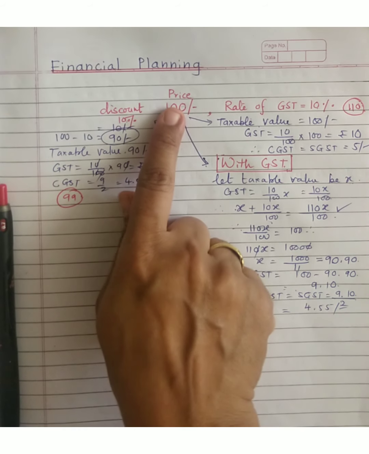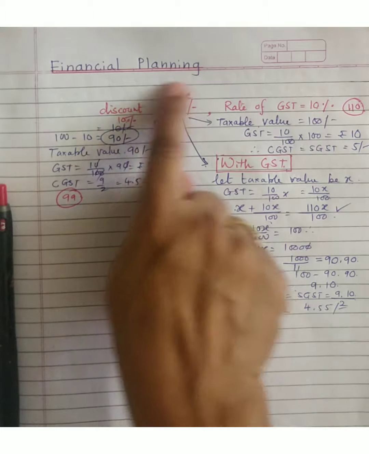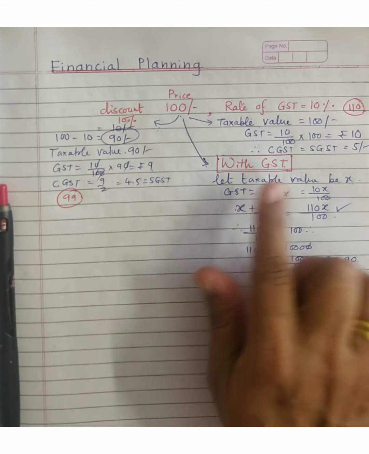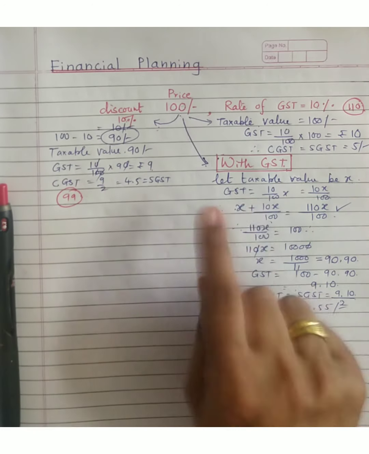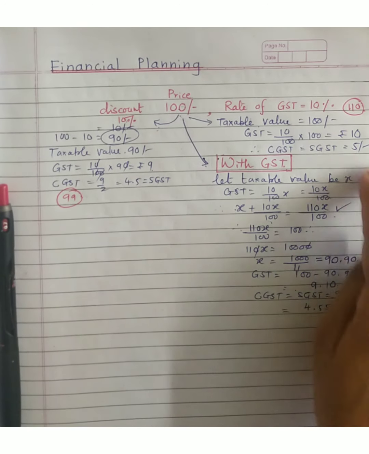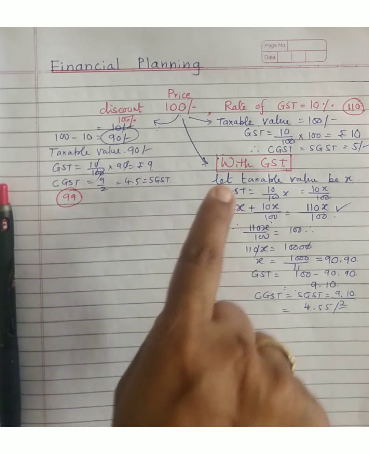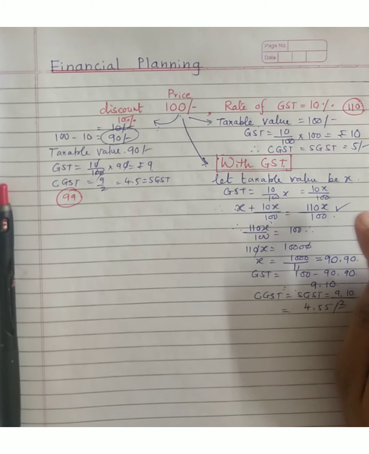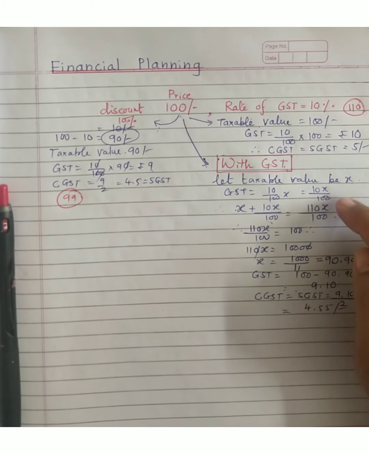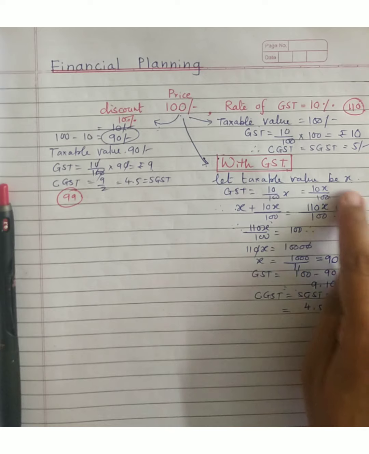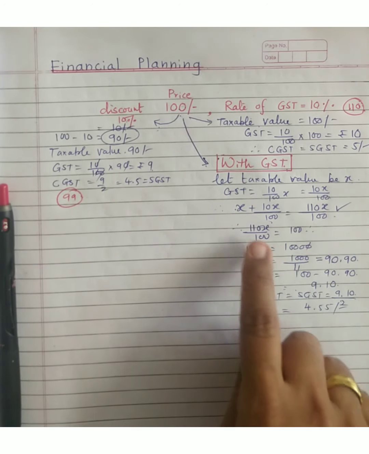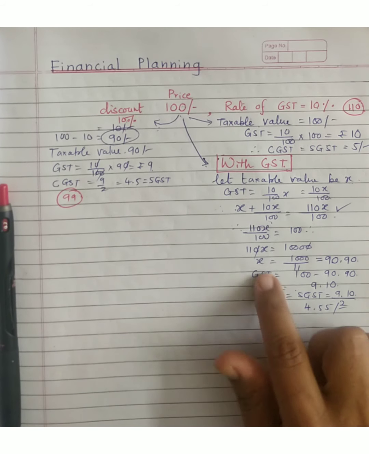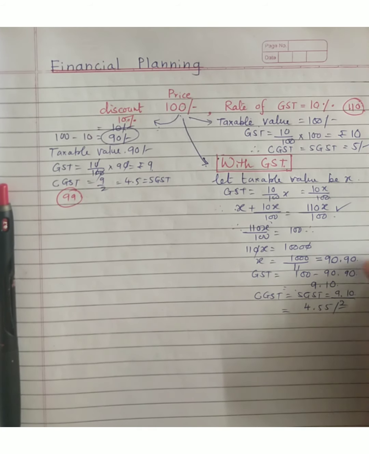And third case, if this cost is already including GST, then you have to think of the taxable value. Taxable value is different, we do not know. So I have assumed here is X. Then on that X I will calculate GST and not on 100 in this case. So that is coming 110x upon 100, that is GST, that is 10x upon 100. When you add these two, you get the amount with GST, which is to be equated to the value given to us, that X you get, that was the basic price or the taxable value.